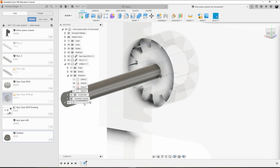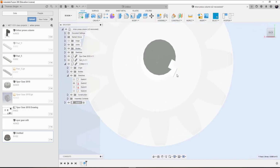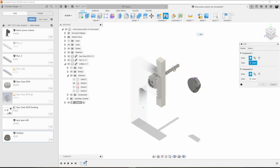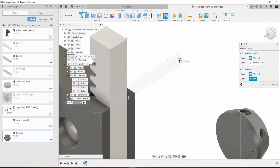And so now we have a shaft, and that shaft is now based on the spur gear, which is awesome. Alright, so now we can put a joint on the shaft, and we can set this joint on the end of this shaft here,